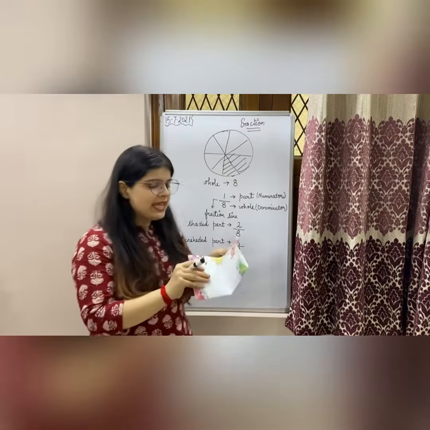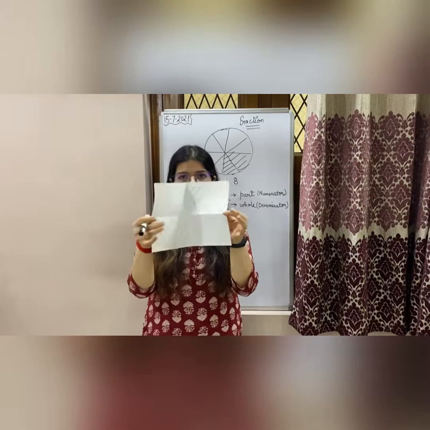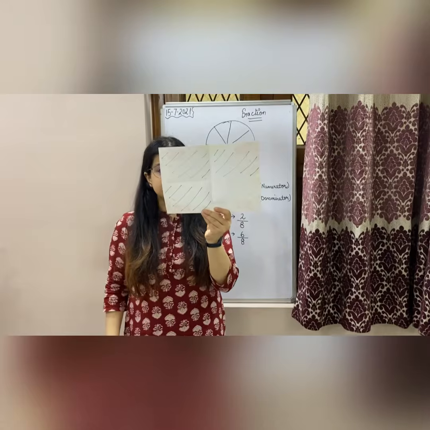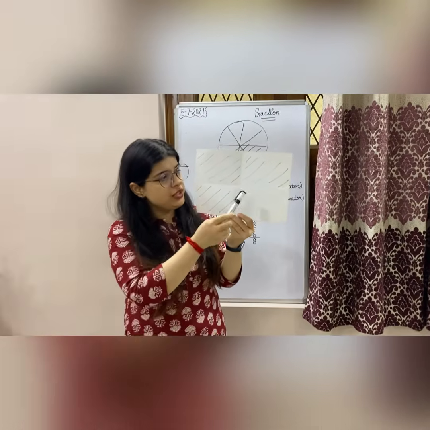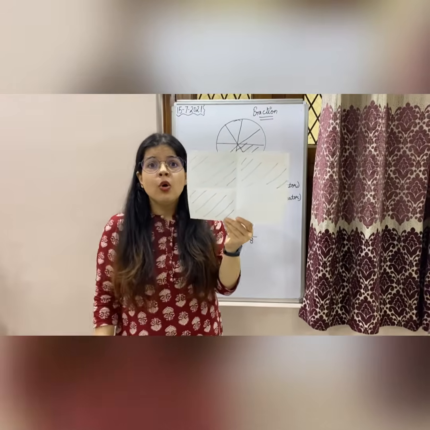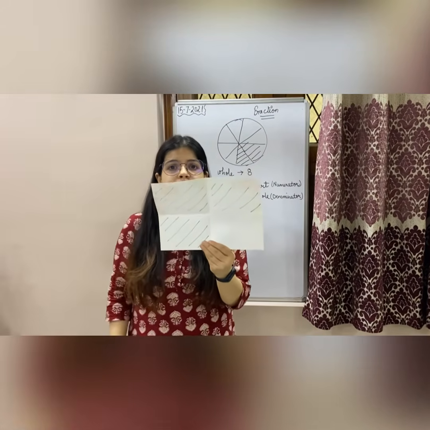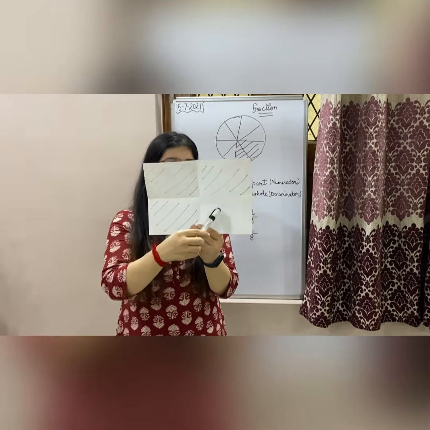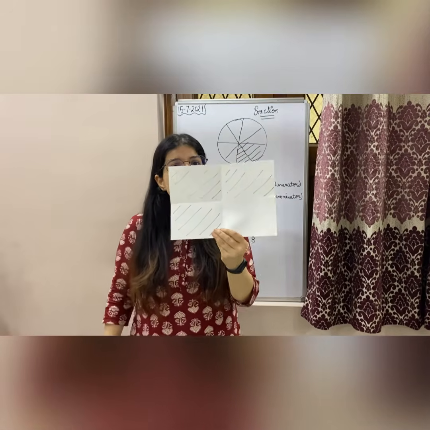Now if I come to this activity, this is a page and it is divided in 4 equal parts, right? If I talk about this activity, how many parts are shaded in it? First I will find out the total number of parts. How many parts are there? 1, 2, 3, 4. So whole is your 4 here, and now my question is how many parts are shaded in it? Write the shaded fraction. So 1, 2, 3 are shaded. So 3 by 4 will be the fraction for the shaded part.